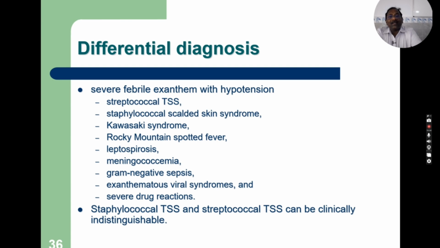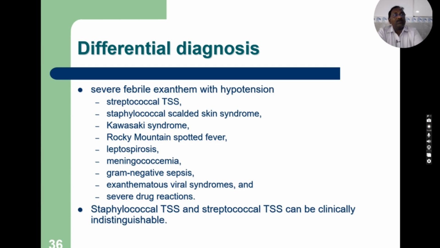Severe febrile exanthem with hypotension. We have a few differential diagnoses here. It could be streptococcal, staphylococcal scalded skin syndrome, Kawasaki syndrome, Rocky Mountain spotted fever, leptospirosis, meningococcemia, gram-negative sepsis, severe drug eruptions,